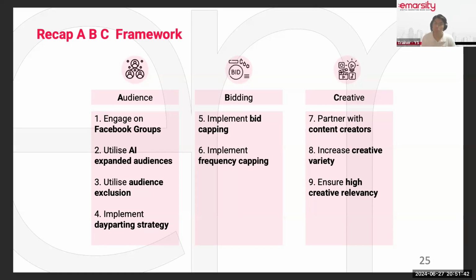When you see the results, for example, oh, cost per lead is at $10, or oh, cost per lead is at $20, and you like the result, then you increase your spend. I hope that answers your questions around ad budget. So that's one approach: you start small first, you see the result, you like it, and you scale up your budget.